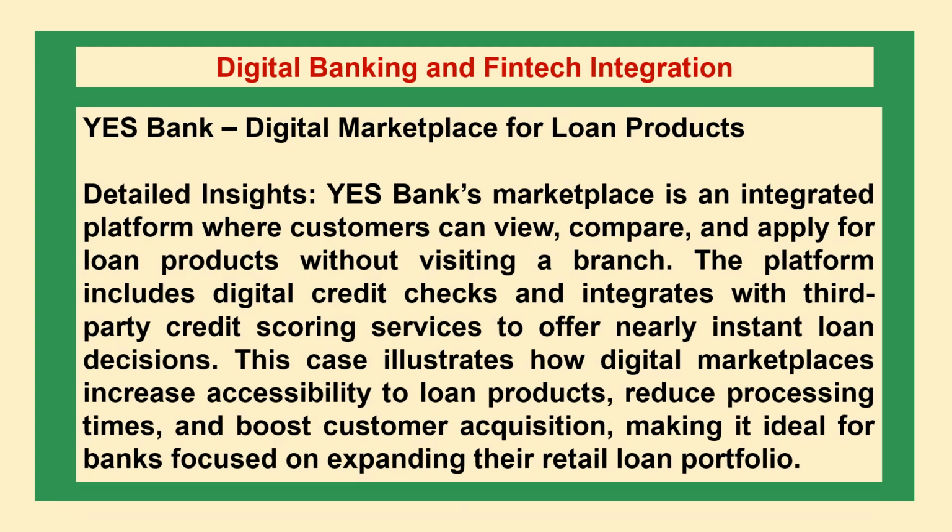Yes Bank: digital marketplace for loan products. Detailed insights: Yes Bank's marketplace is an integrated platform where customers can view, compare, and apply for loan products without visiting a branch. The platform includes digital credit checks and integrates with third-party credit scoring services to offer nearly instant